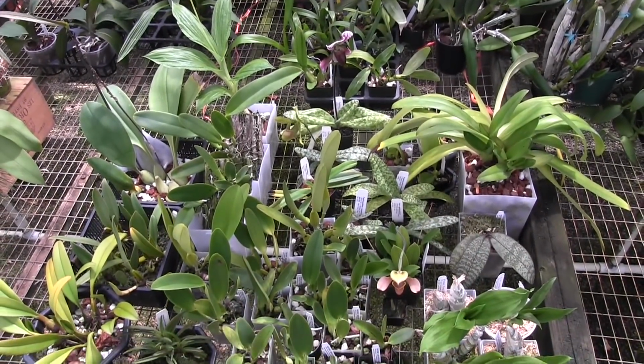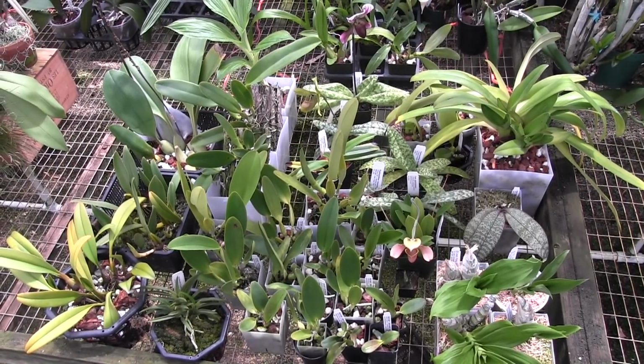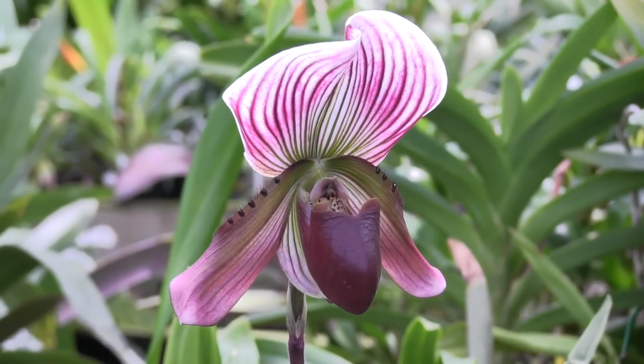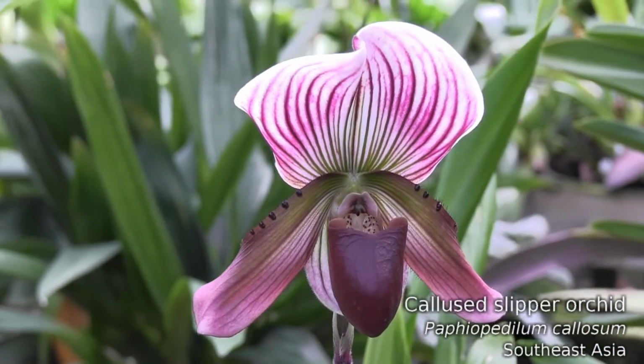I've got a couple of things in bloom that have been in bud for quite a while, so I'm looking forward to showing you those. And I've got some growth, some roots, some buds, some interesting stuff to look at, so let's move right along. First thing I want to show you is this gorgeous Paphiopedilum callosum,